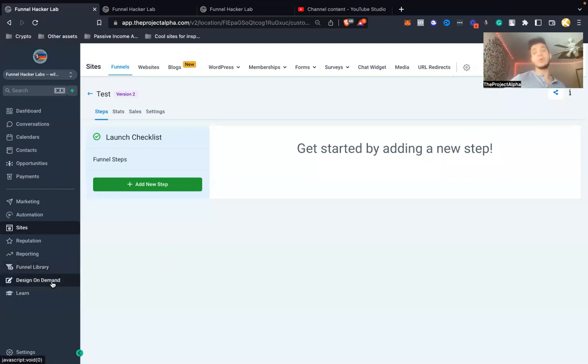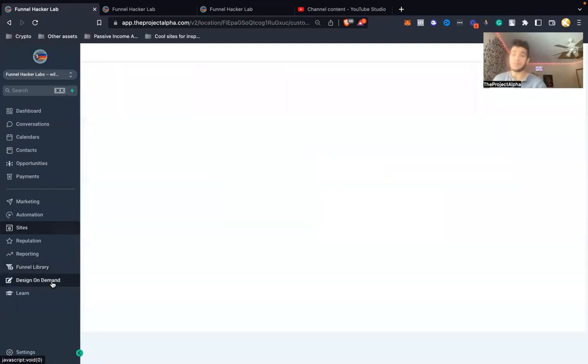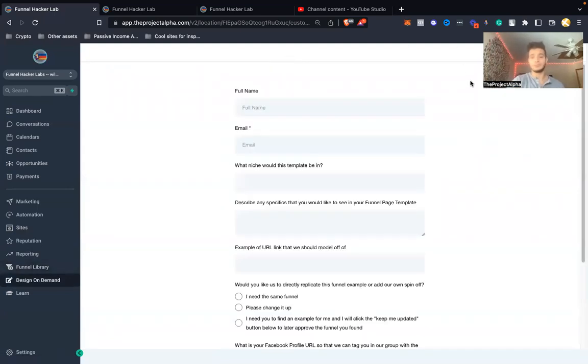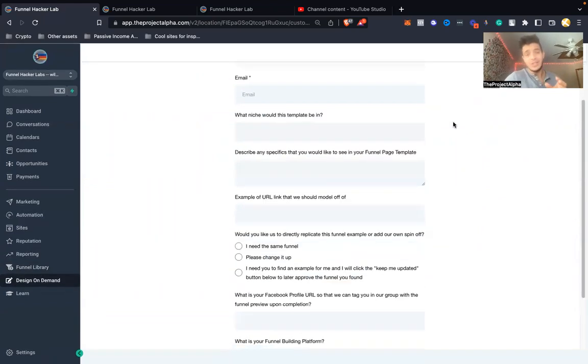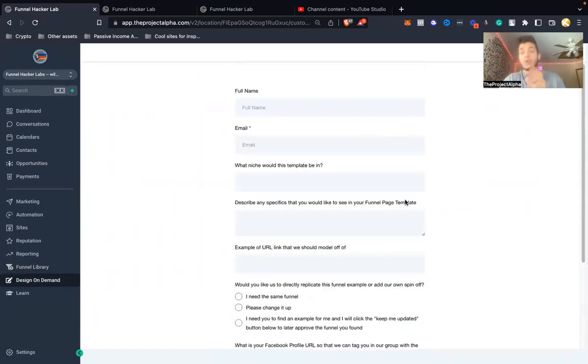First way of doing it, you can go over to our design on demand section over here. Now, over here in the design on demand section, as you can see, it's a quick little form that you fill out regarding the funnel that you're requesting to be built out for you. And we're going to have this funnel built out and sent out to you within 24 to 48 hours. Now, the second option that you have to build out and launch your funnel is to check out